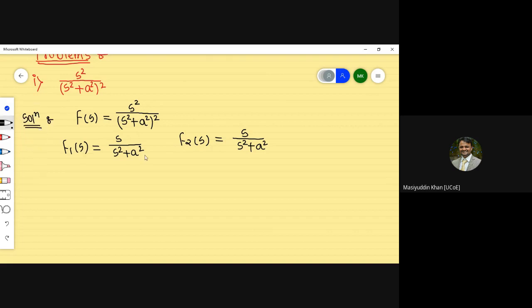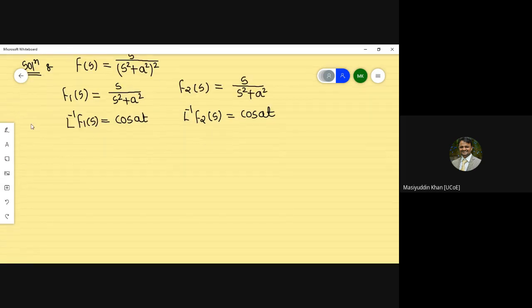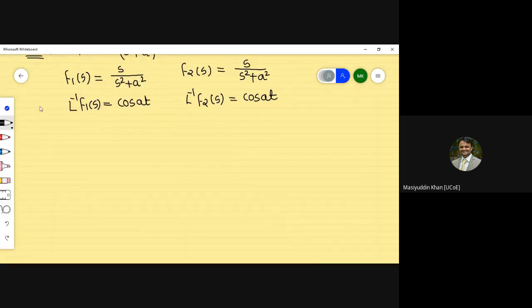Now we have to calculate the Laplace inverse of these two functions. So Laplace inverse of f1 of s, you will get directly, that is cos of at, and Laplace inverse of f2 of s, again you will get the same, cos of at. Now coming to the evaluation part or the third step, Laplace inverse of f1 of s into f2 of s